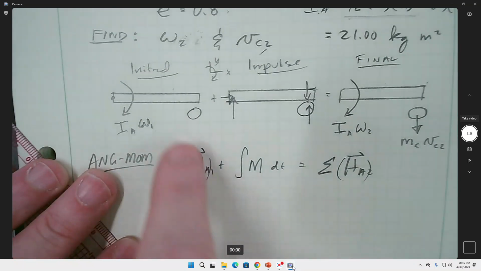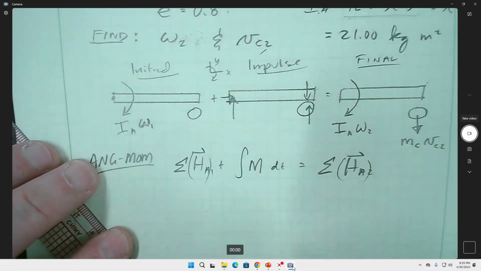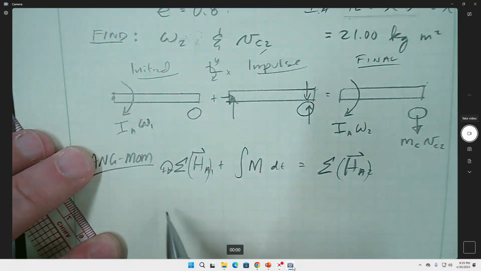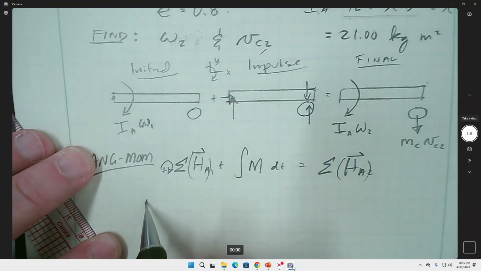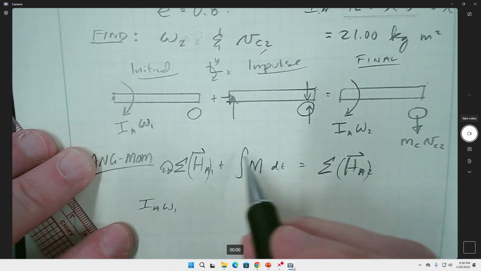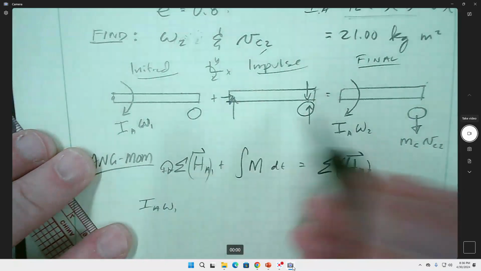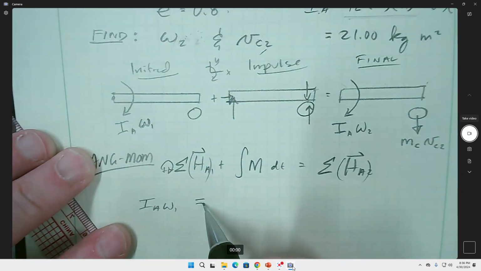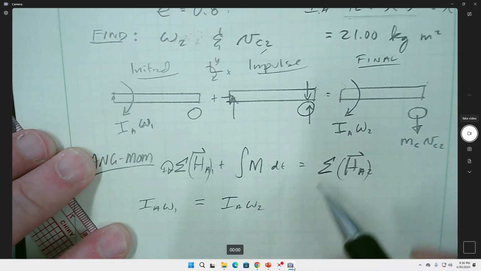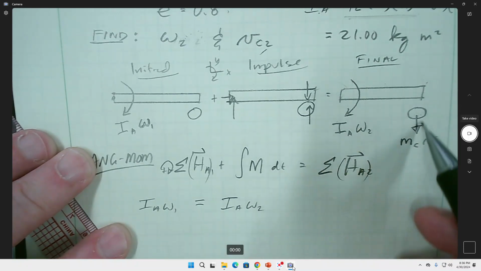So, looking at this carefully, we've decided that clockwise is positive. So I_A omega 1. Nothing happens here, right there. Okay, cool. It's going to be equal to I_A omega 2, and then this is positive